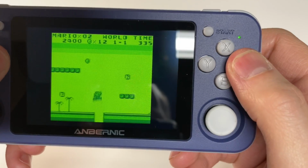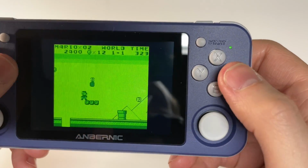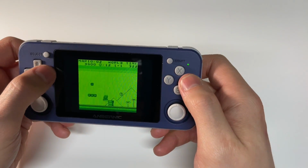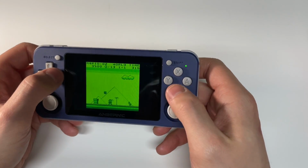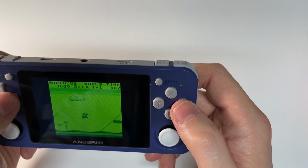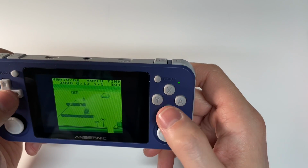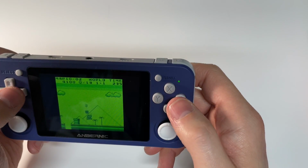And I kind of prefer this look because the screen resolution is much higher than what you would have had on an original piece of hardware. And when you scale it up, it kind of looks too smooth and too blocky. So the fake pixels give it more of that. I don't know, it just kind of fills in the gaps for me. I really like it. So this is probably how I'll play my games. Maybe not with green, but...